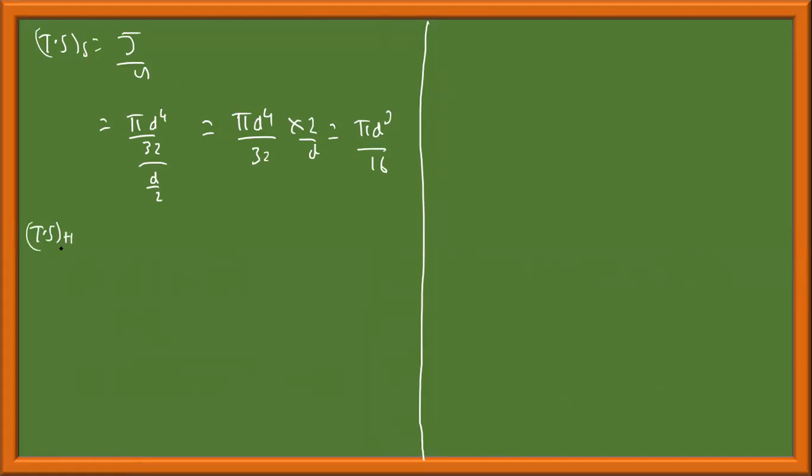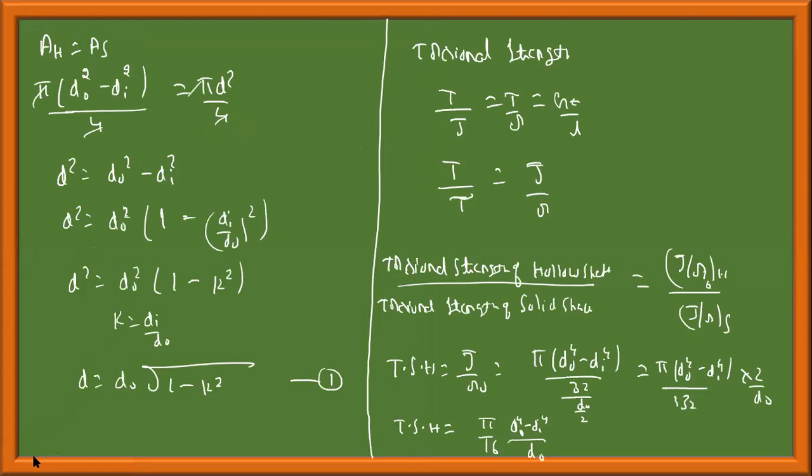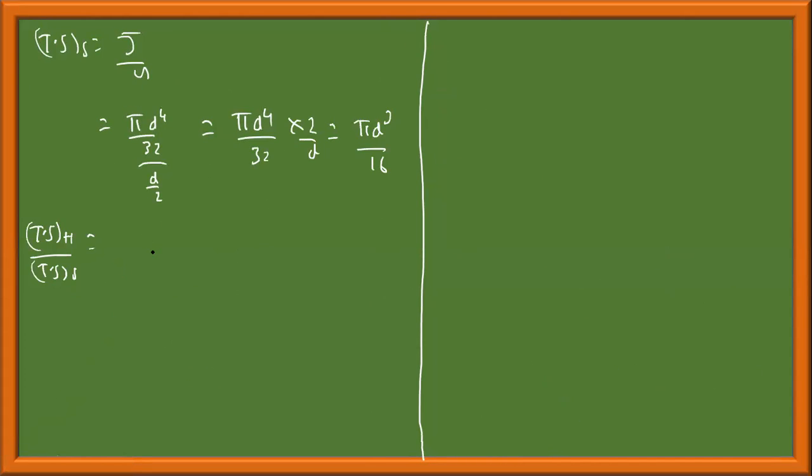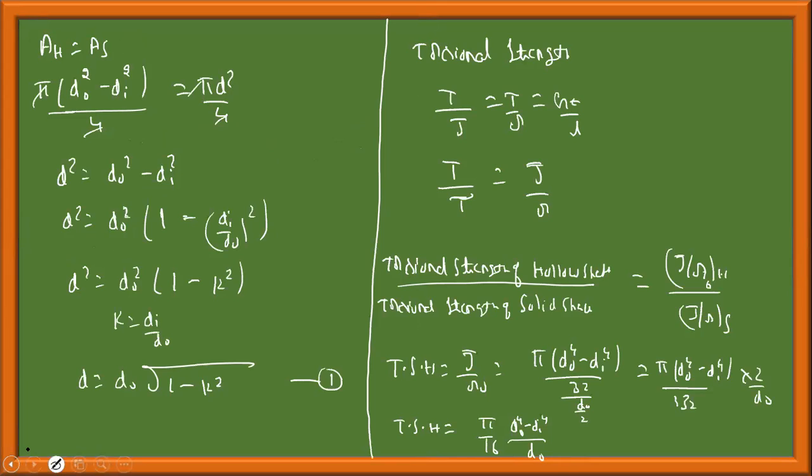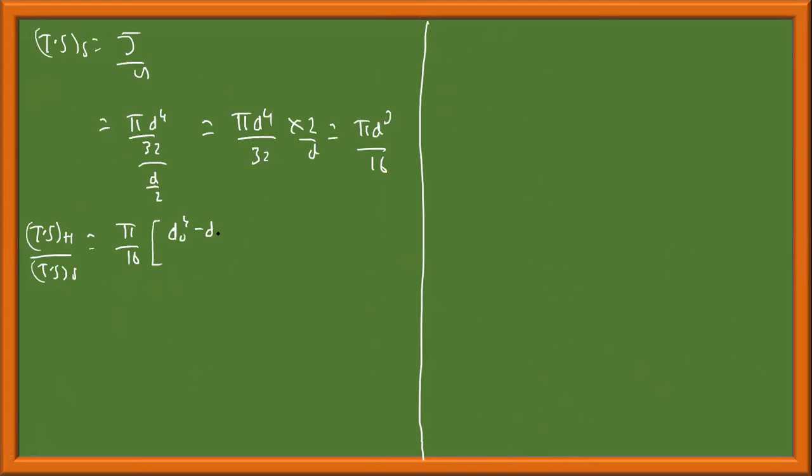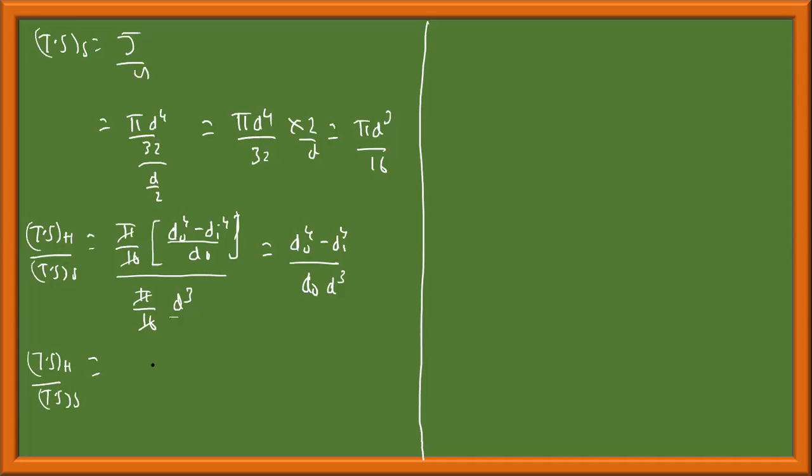Torsional strength of the hollow shaft by torsional strength of the solid shaft is equal to pi by 16 into (d naught power 4 minus di power 4) by d naught, divided by pi by 16 d cube. This cancels, which is equal to (d naught power 4 minus di power 4) by d naught into d cube. Torsional strength of the hollow shaft by torsional strength of the solid shaft is equal to d naught power 4,